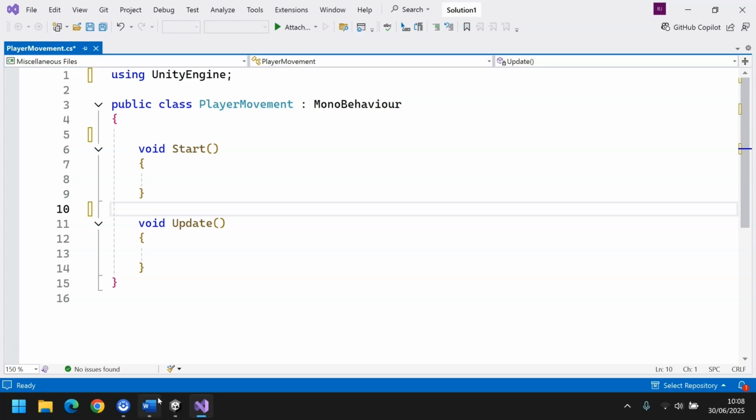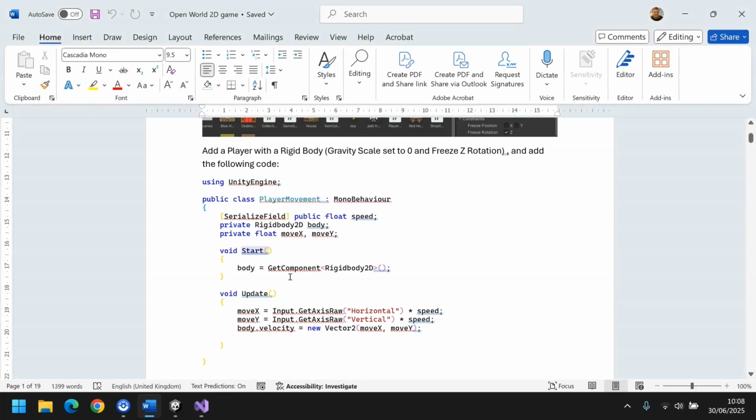Now, script to make a move. I've actually got the code already set up here. Normally I would just copy and paste all of this and chuck it in. You guys will have to type it in yourselves. You might be thinking, well, that's not fair. But the truth is, by typing this stuff out, you actually get experience of what can go wrong and what doesn't work properly, especially if you're using lowercase letters where they should be uppercase and vice versa,